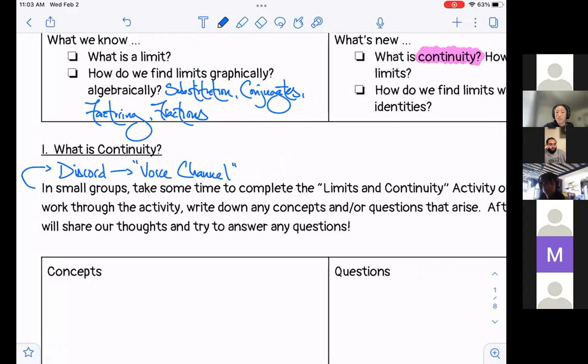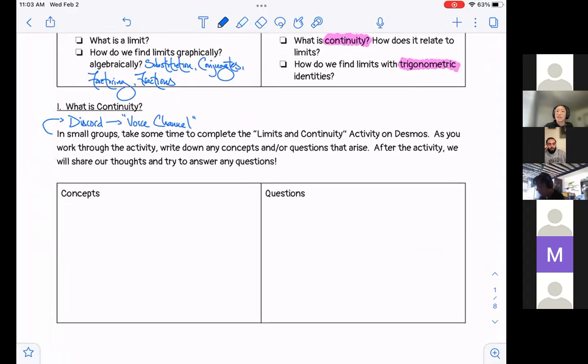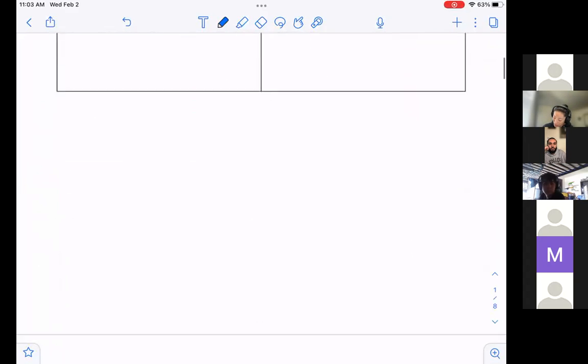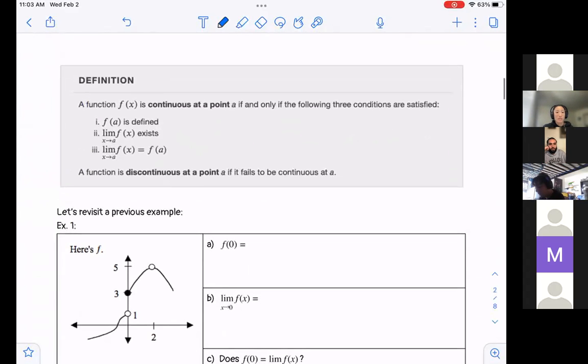You could also ask about this at tutoring or at office hours. None of these activities are really meant to be just on your own. You can certainly always find support for that. But as we move into what we mean when we talk about something continuous,